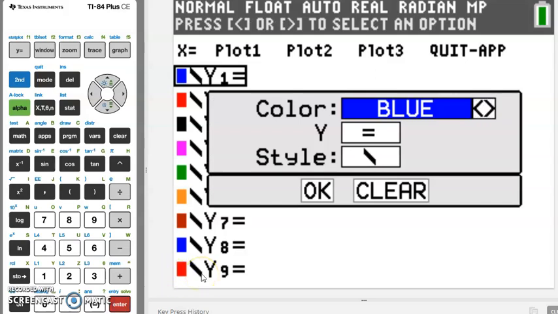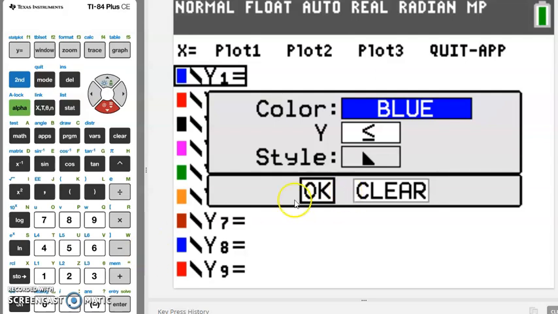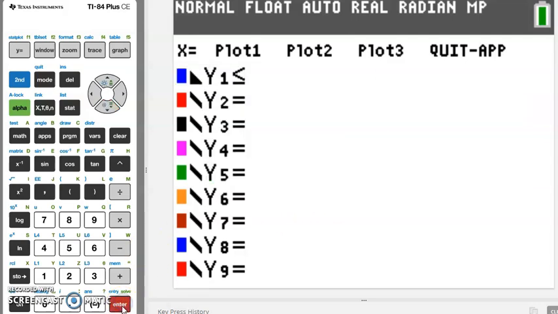Now you can change it to your favorite color. I'll leave it at blue, and press down, and that'll get you to the y, and here's where you can change the inequalities. So our inequality in this question was less than or equal to, so I leave it there. You press down, now you see that it's over the OK, and you just hit enter, and now the inequality is on. So now you're going to bring it back. I hit the left cursor twice, and now you can enter your